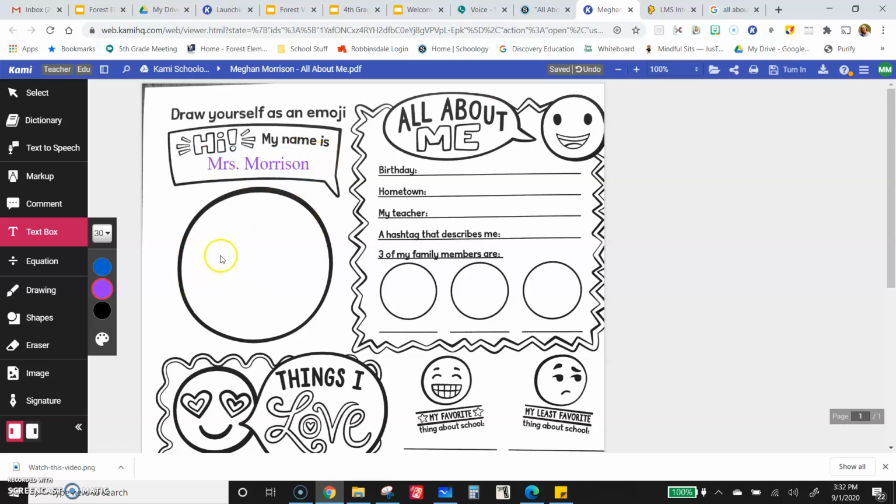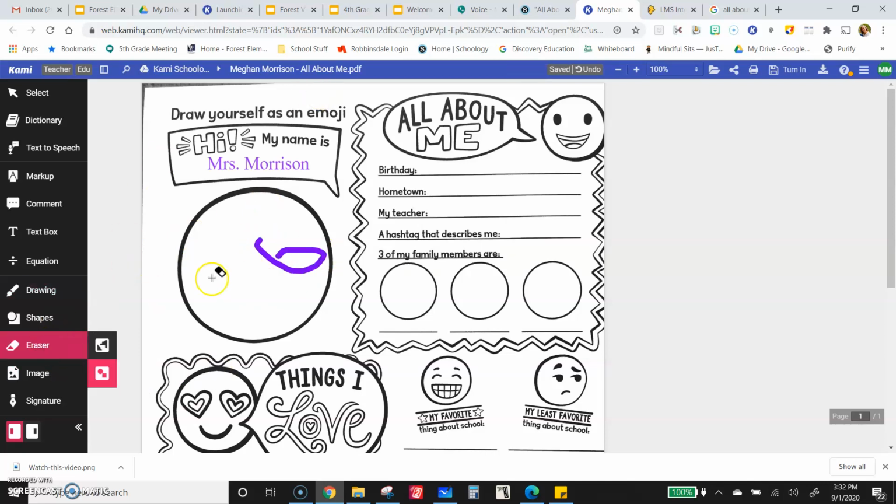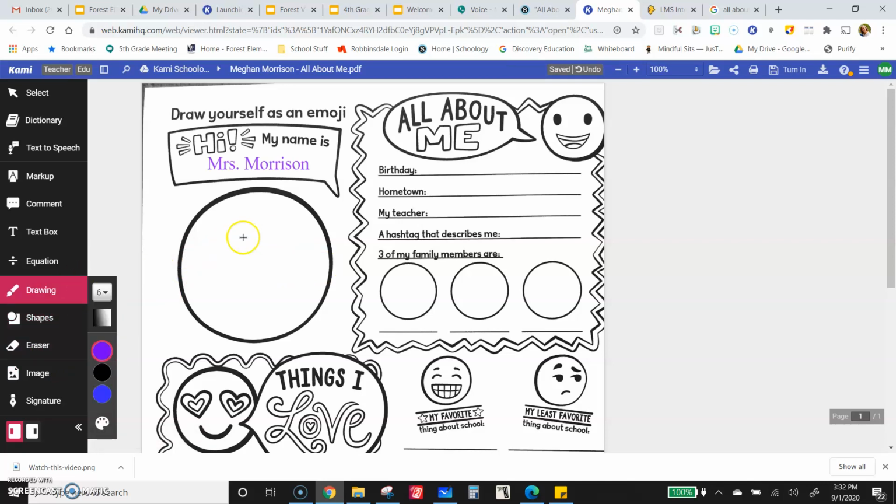Now in this circle here, it says draw yourself as an emoji. Now again, you can draw. You notice you can switch colors if you hover over here. Okay. You can erase if you make a mistake. So maybe,